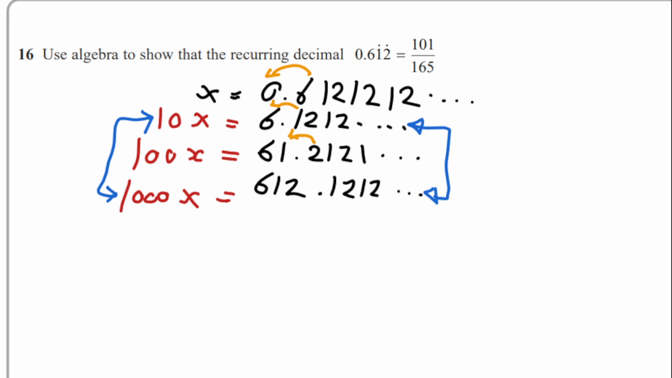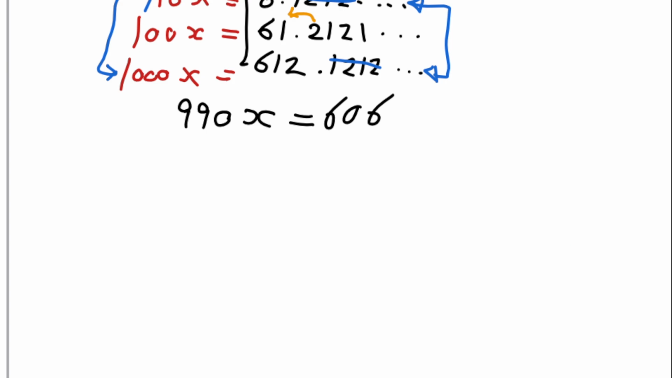So what's 1000x minus 10x? 990x equals 612 minus 6, which is just 606, and then the decimal part will cancel. This and this are the same, so they will cancel if you subtract them, right? Then what do we do? We divide by 990, divide by 990. This will cancel, so you'll have x equals 606 divided by 990, divide by 2, it will give you